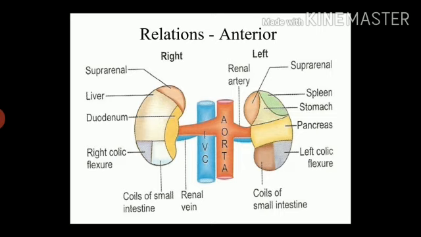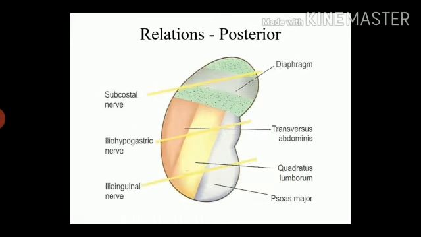When we talk about the left kidney, again the suprarenal gland is present at the superior side, but it is towards the right side. Then the green part which we can see in the diagram is where the spleen comes, and around the yellow marking part of the stomach comes, and below that the pancreas comes. At the inferior side the left colic flexure comes, and coils of small intestine fall.